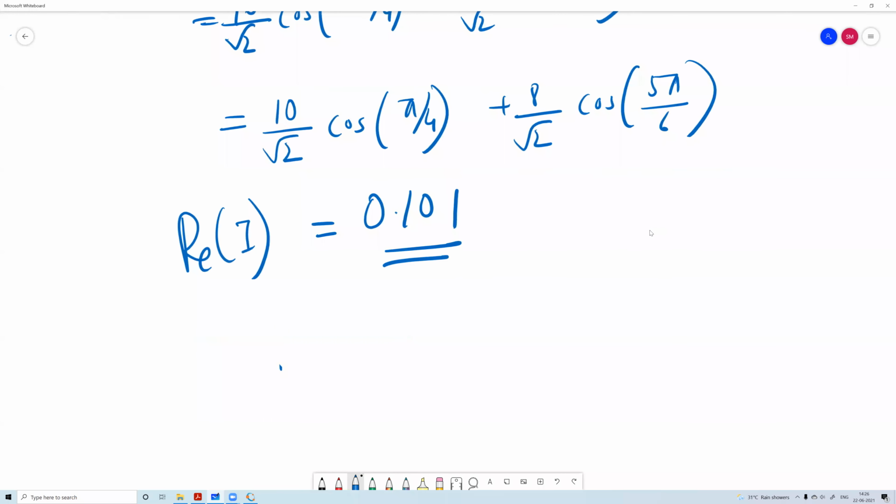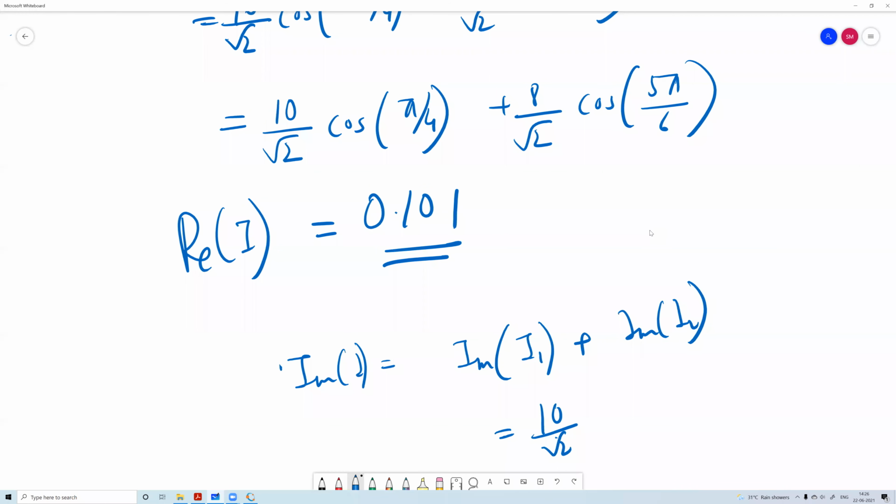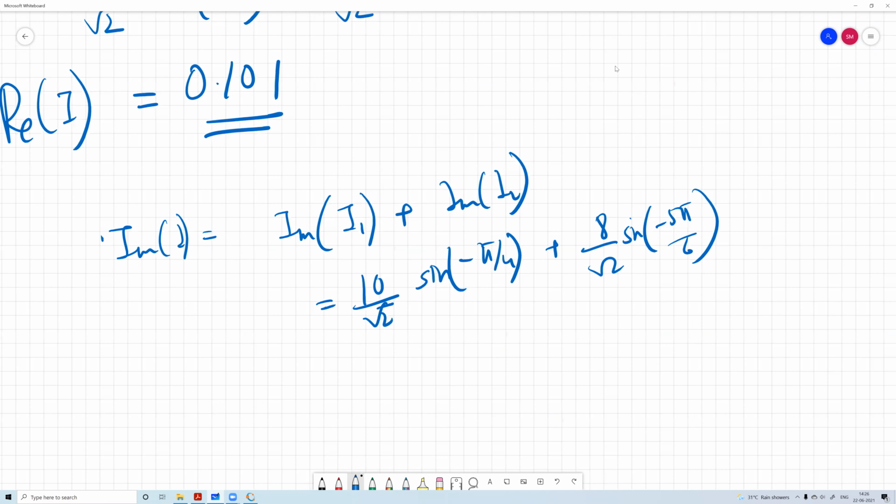Imaginary part of I is equal to imaginary part of I1 plus imaginary part of I2. That is 10 root 2 sine of minus pi by 4 plus 8 root 2 sine of minus pi by 6. Now we know that sine of minus theta is minus sin theta. So that is minus 10 by root 2 sine of pi by 4 minus 8 by root 2 sine of